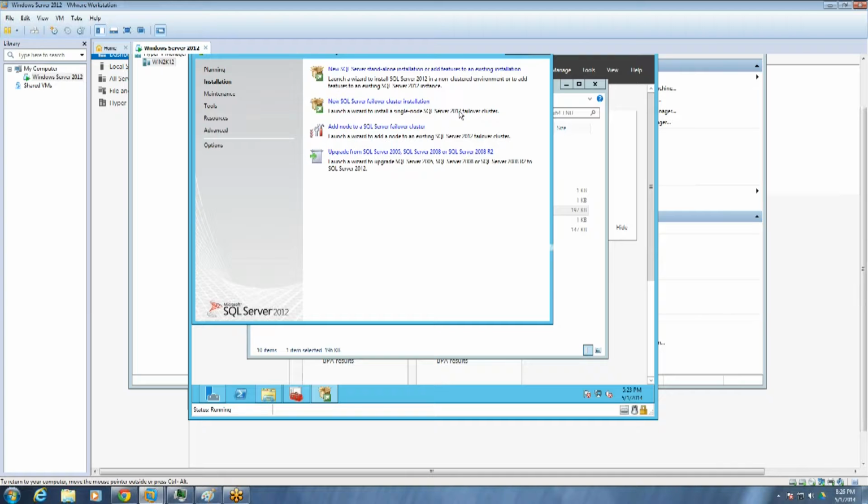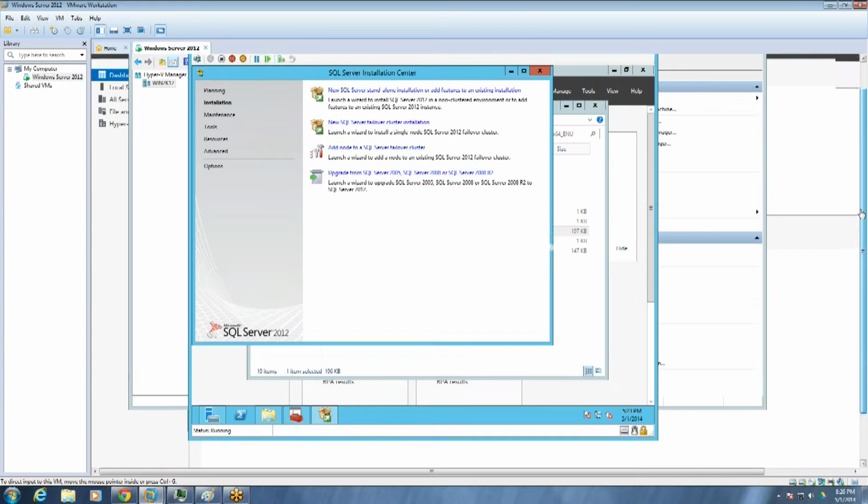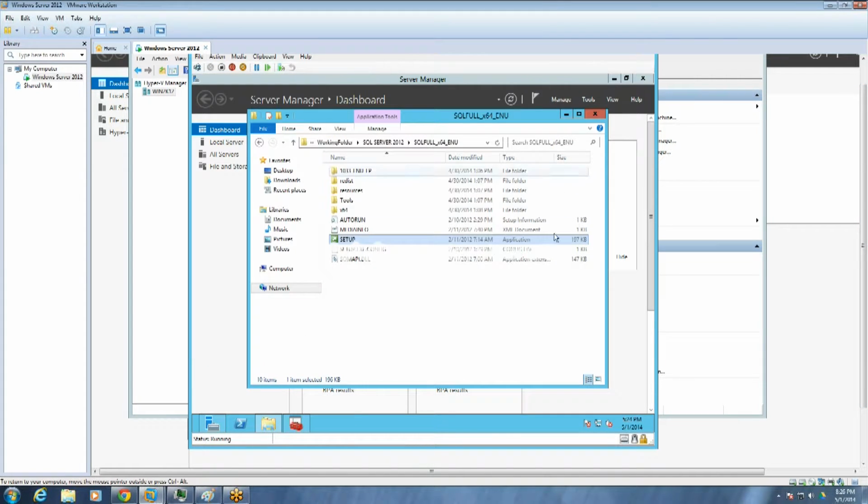Yesterday when we were discussing SQL Server clustering, we did this on the primary node, and on the other nodes included in the clustering, we did add node to the SQL Server failover cluster. For Always On, we don't require these steps. We just need to do a normal standalone installation. Anyway, let's close this. I installed SQL Server on all the 3 nodes.